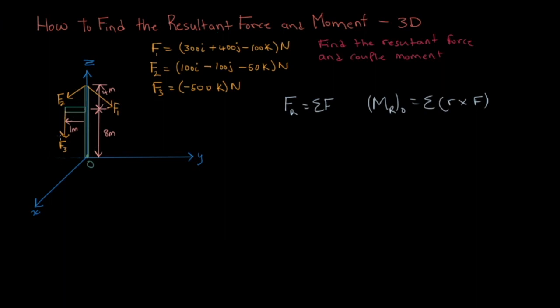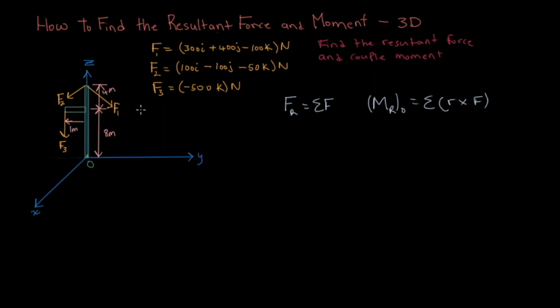It has a force applied to it. Then at the top of the pole, it has two forces applied to it, F1 and F2. And over here we have the values for the different forces, and they're conveniently already written for us in Cartesian vector form, which comes in very handy for making calculations. And then what we're asked to do is find the resultant force and couple moment of this